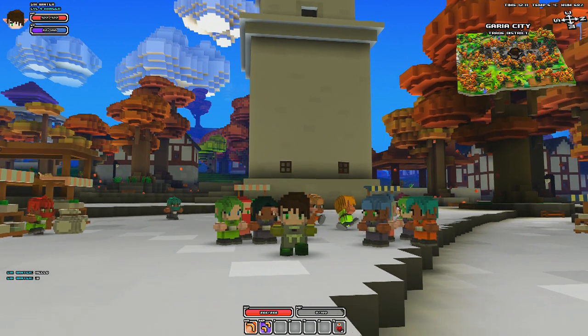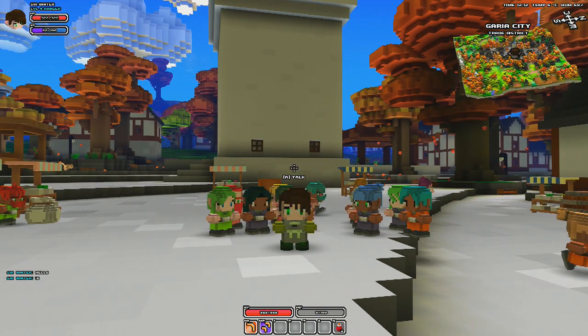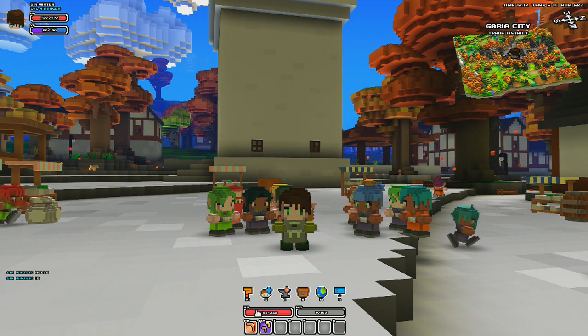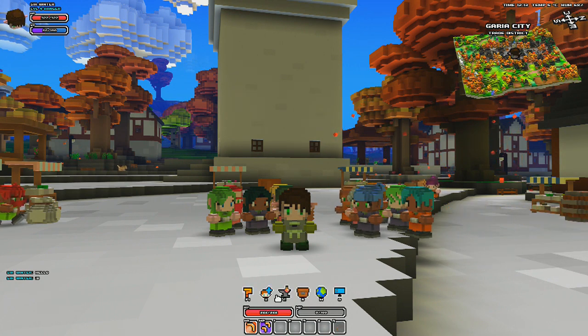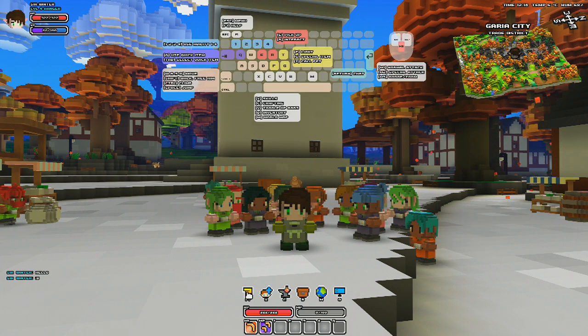But anyway, today I'm going to show you guys the controls, map navigation, and some crafting to get you started in Cubeworld. The first thing you want to do is hit escape. You'll be presented with this menu, and you can see all of the hotkeys. Click on the question mark here and that will open up all of the different controls that you'll use